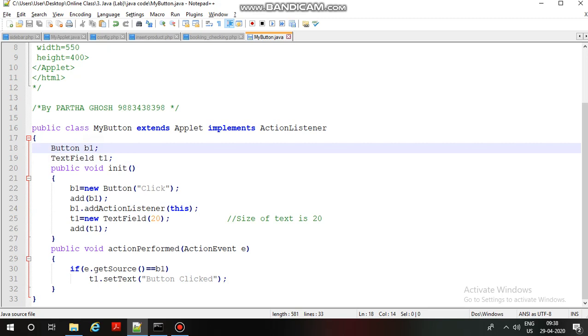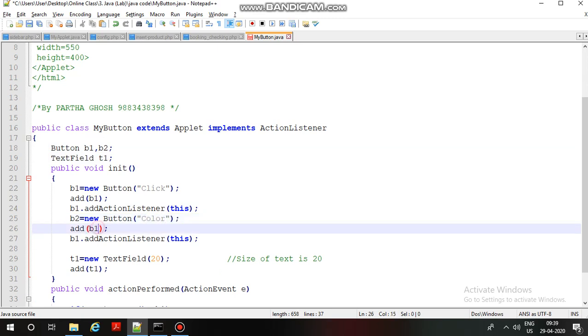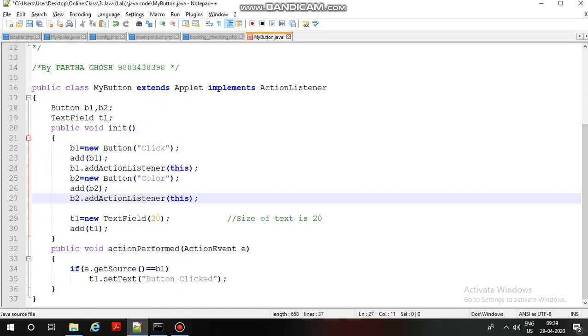So in that case, create another button, say b2, new Button, say color. This is for the color changing. So add b2. If my getSource is equal to b1, then I shall perform this task.